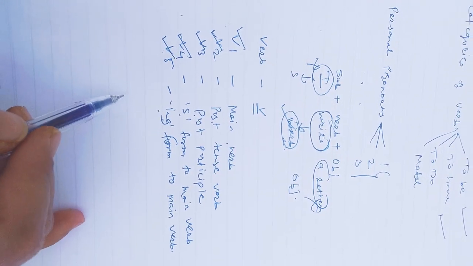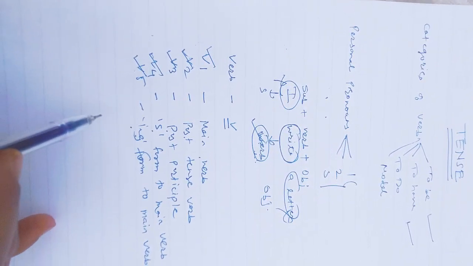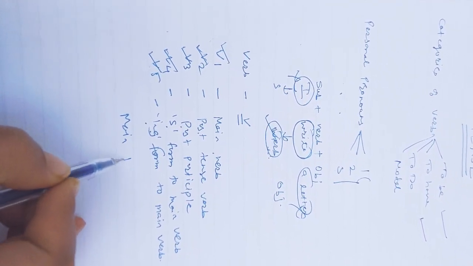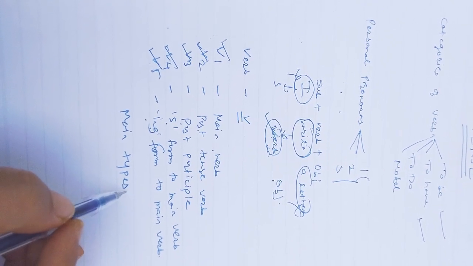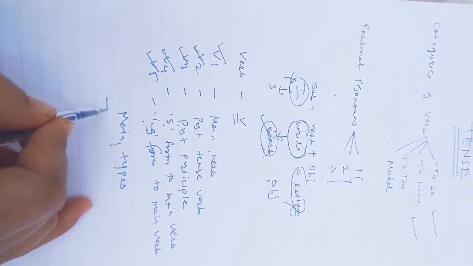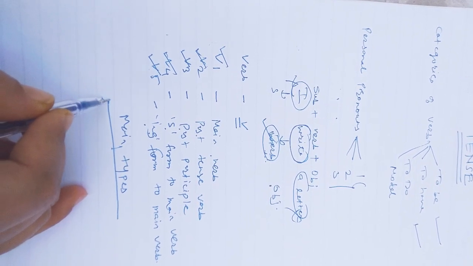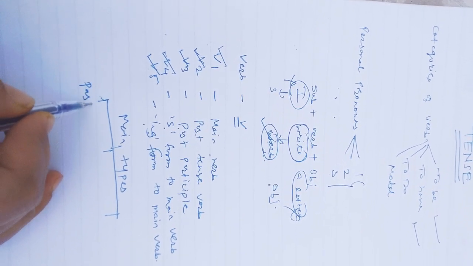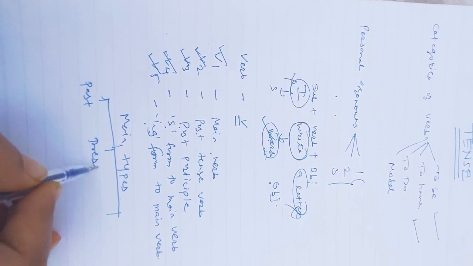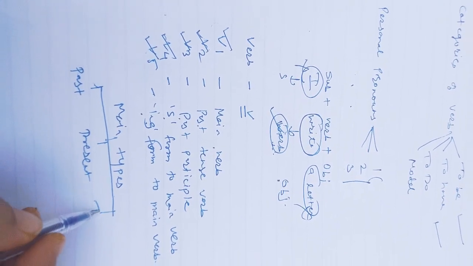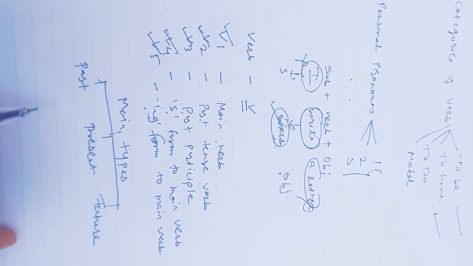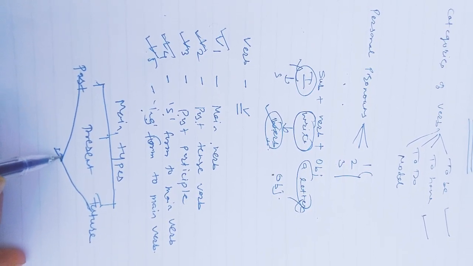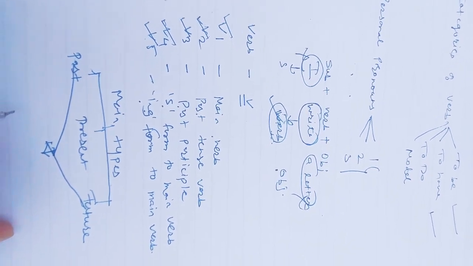As I told you, in the previous video we discussed the main types of tense. How many were there? Yes, it is 3. The first one is past tense, the second one is present tense and the third one is future tense. These 3 main types have 4 subtypes, and these subtypes are common